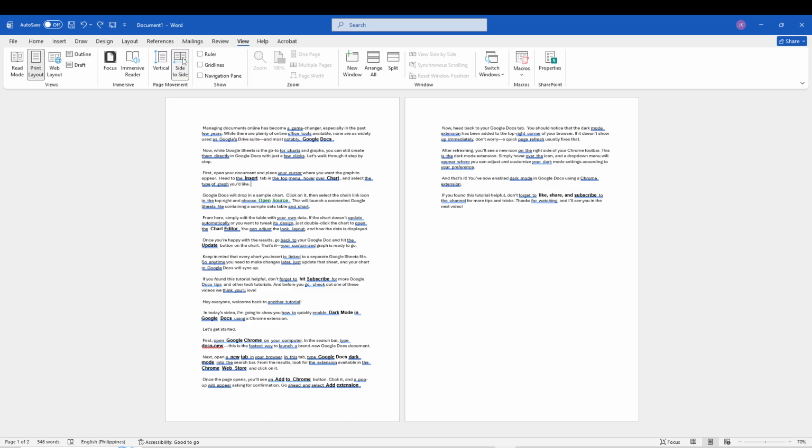And that's it. With just one click, you can now view two pages side by side in Microsoft Word and